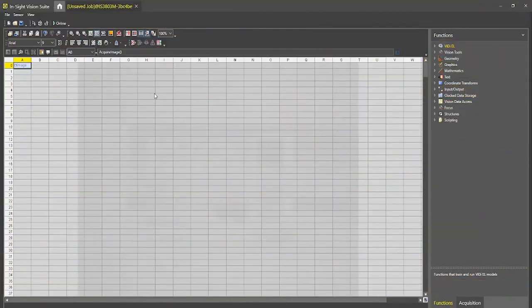Today, I'm going to walk through how to set up a ViDi Read application using Insight Vision Suite. Specifically, we're going to be setting this application up in the Insight spreadsheet interface. For this application, I'm going to read the lot codes on these energy drink labels. Let's get started. Okay, so now that we're in the spreadsheet view, the first thing I want to do is